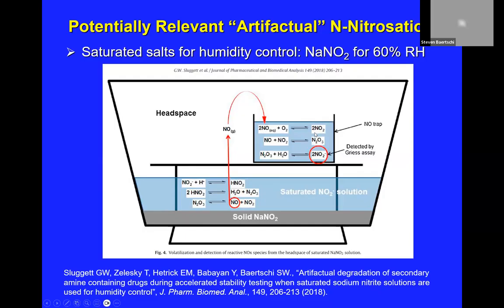And in this case, we did a trap of water just to see if we were moving nitrosating species, or NOx, into solution, and it was demonstrated using the Griess assay that over time in this solution that indeed is what happens. Now, it's probably not just NO, that is nitric oxide or NO+, that's being gasified or volatilized, but it could also be N2O3 or nitrous acid, because those are also fairly volatile. And so it could be a combination of reagents that are volatilized and trapped in the trap.